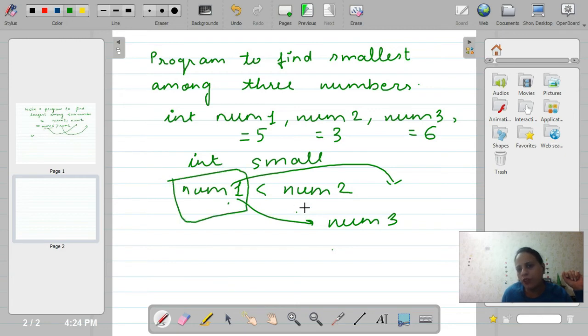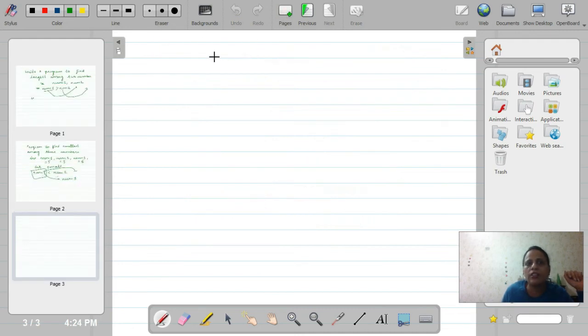Otherwise you check num2 against num3 and num1, and similarly for num3. In this case we can write a nested conditional statement. Nested conditional statement means a conditional statement inside a conditional statement.